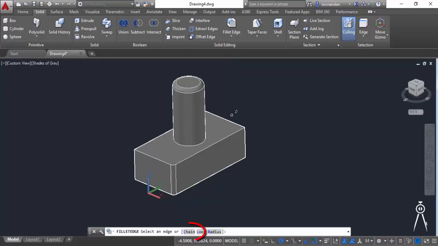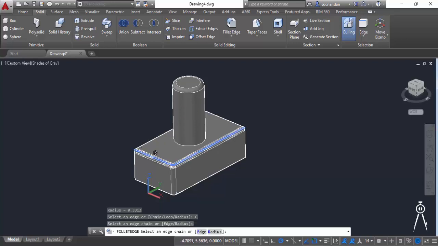This time let's go to this chain option. Now once you click on chain option and you click on any edge, then all the edges which are tangential to the existing edge will be selected. In this case, if I click on this edge, it is tangential to this edge by the help of this radius applied to this fillet, and this is tangential to this edge. So in this case, if I click on any of these three edges, then all of these three edges will be selected. But now this fourth edge is not tangential. They are at 90 degrees or perpendicular to each other, and here also they're perpendicular, so they'll not be selected.